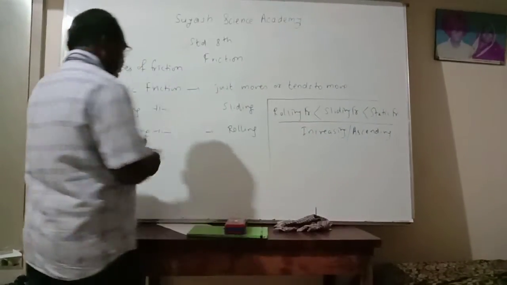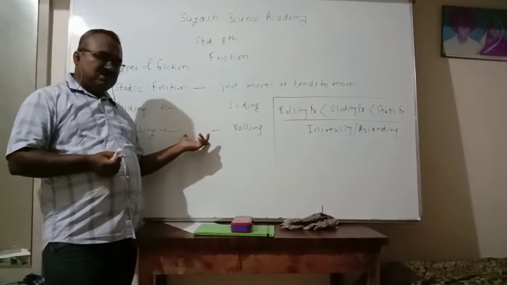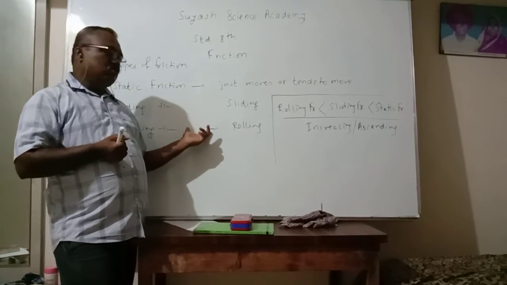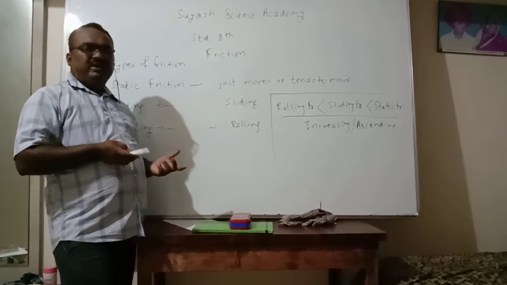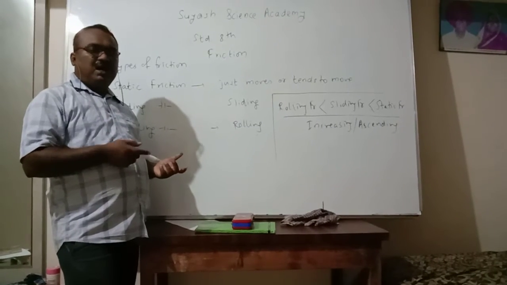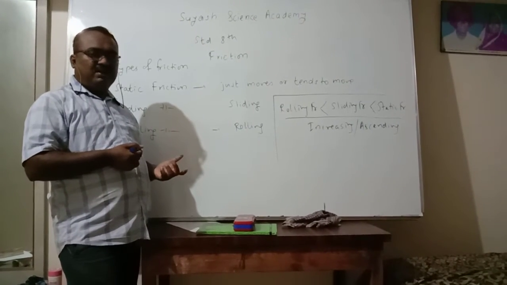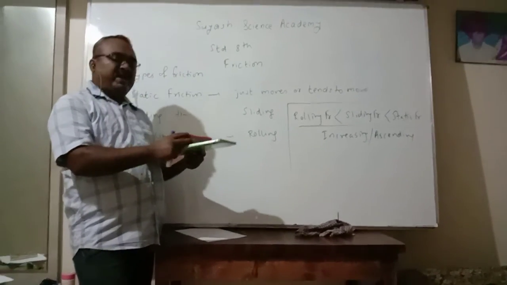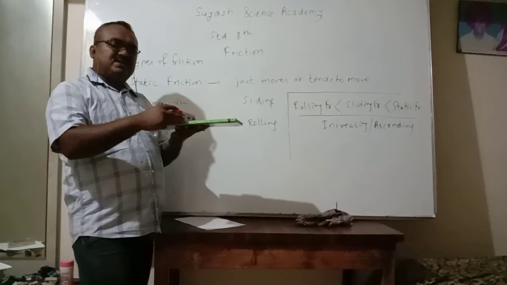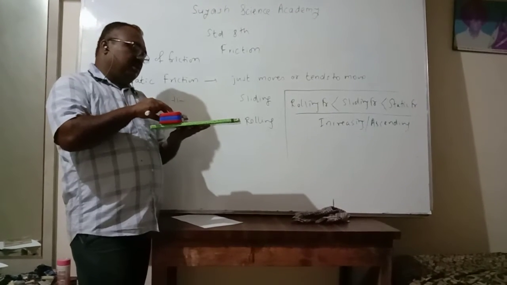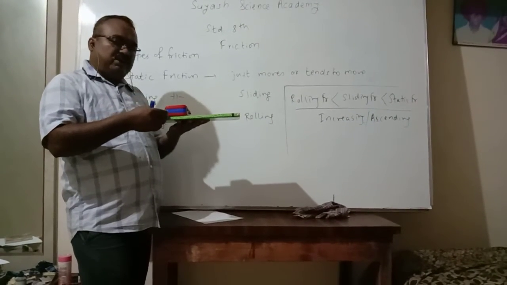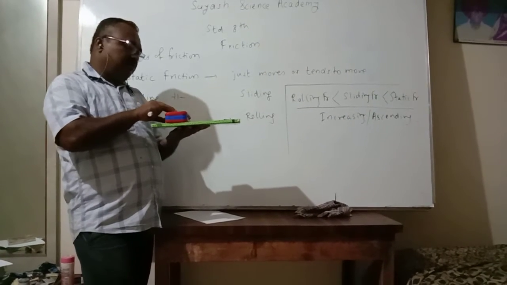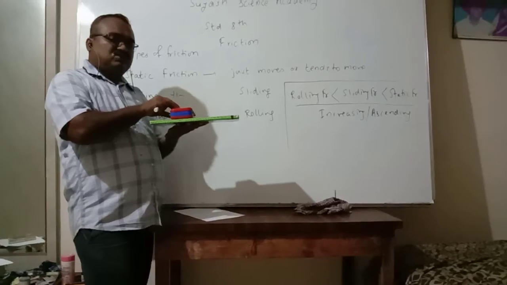On this topic there will be different questions asked. The most important question is why the wheels of a vehicle are made round in shape. Suppose the wheels are rectangular in shape, then what will happen? If the wheels are rectangular, then a large surface is in contact with the ground surface, so more force has to be applied.